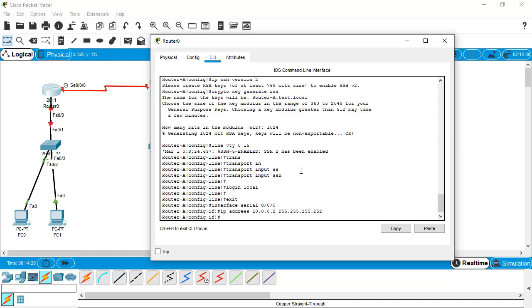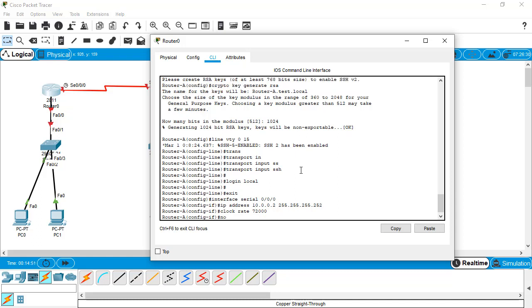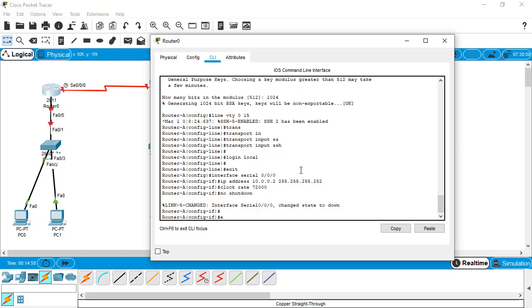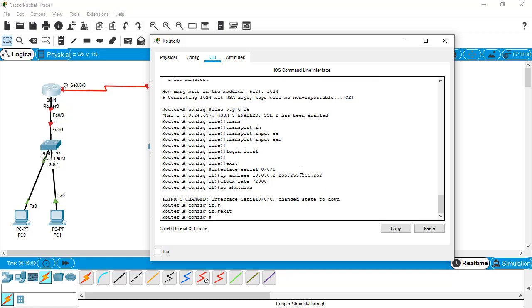So just hit the enter key and give the clock rate. Because of the concept of DCE and DTE, we will cover the clock rate in later videos. So just hit the enter key and give the command no shutdown for enabling this port, and exit from this mode and select the fast ethernet 0/0. Just give this command interface fast ethernet